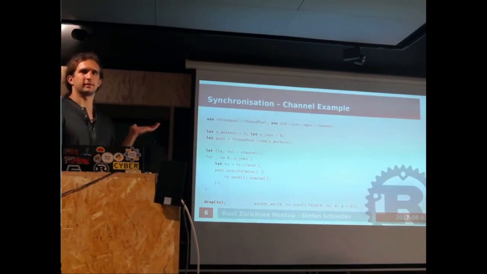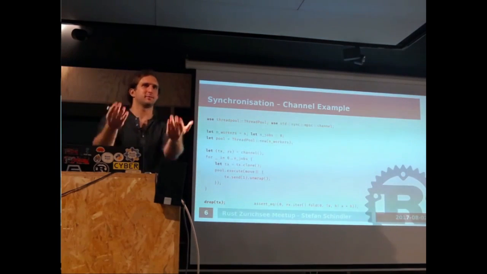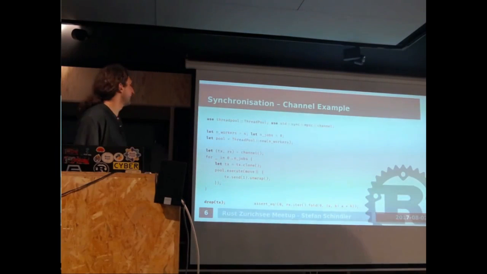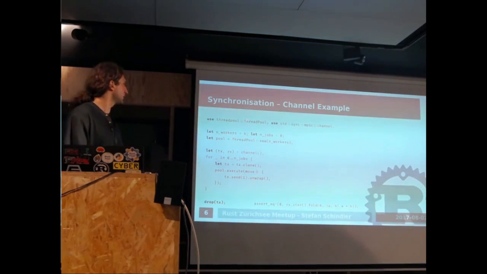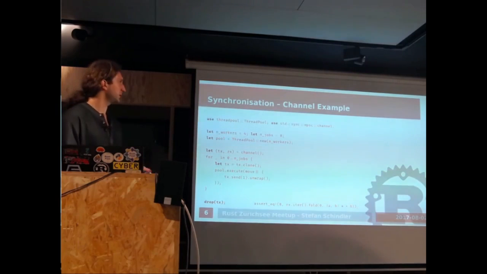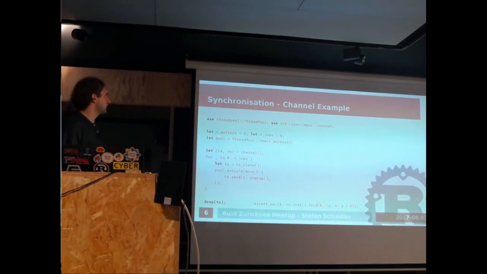So let's look at the code. If you can't read it, come closer. Basically, we have this line here. We use stuff. So we use the ThreadPool from the library, and we use the channel. Then we create 4 workers and 8 jobs. Create the pool. Sorry, this is just how much.